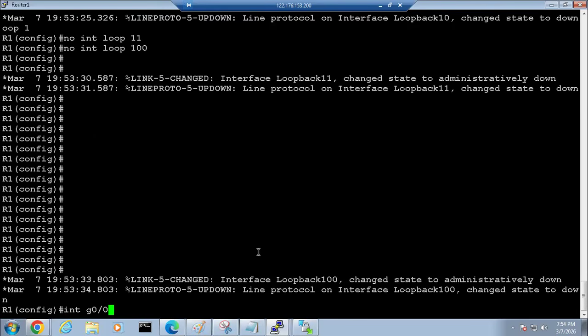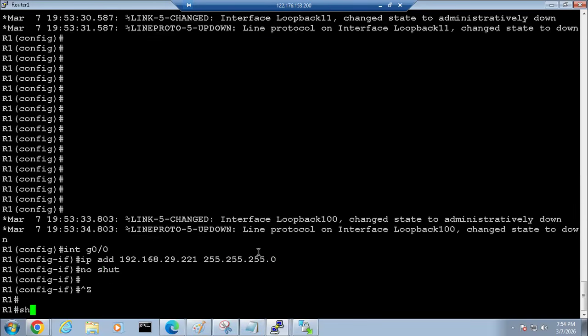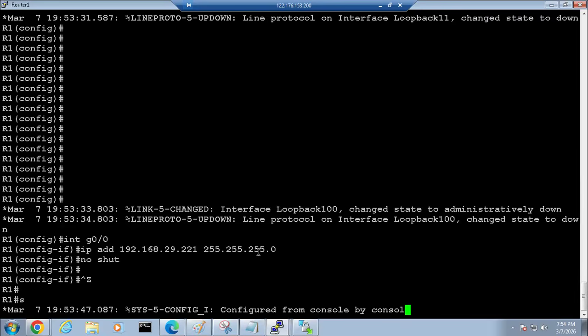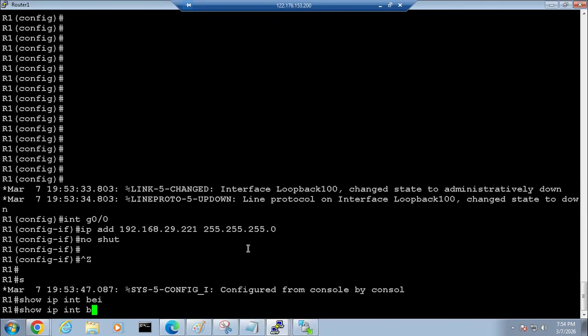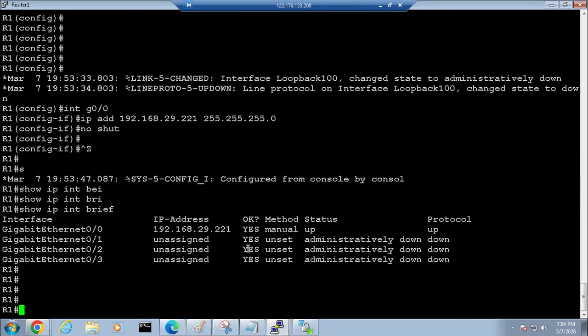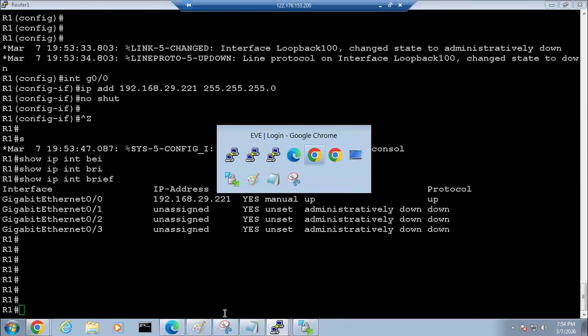And interface G0/0 IP address 192.168.29.221 255.255.255.0. No shut, there is no loopback. Right? It's fine now. What I need to do, I just need to